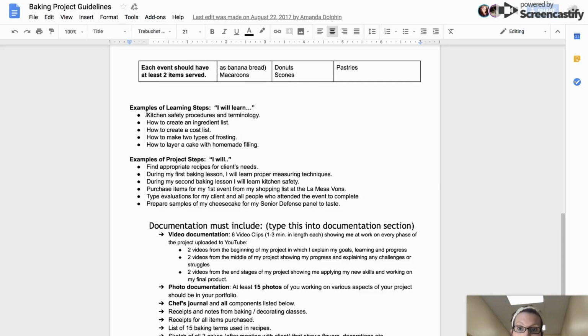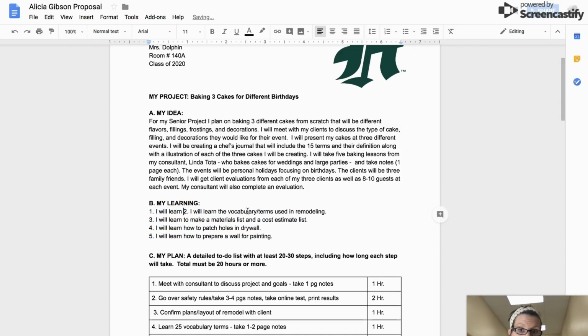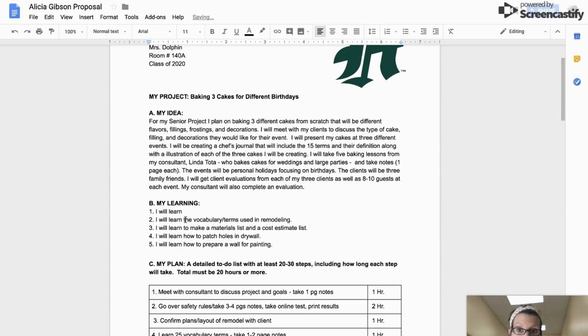So for me, it says, I'm going to need to learn kitchen safety procedures. I'm going to need to learn how to create a cost list, an ingredient list. I need to learn how to make different types of frosting. Yep, these are all things that I need to learn how to decorate a cake to match a client's theme for their party. Absolutely. So I'm going to take some of these and I'm going to move them over here. They're all going to start with I will learn. So really, you just need to delete out the next chunk right after I will learn. And you need to have at least 5